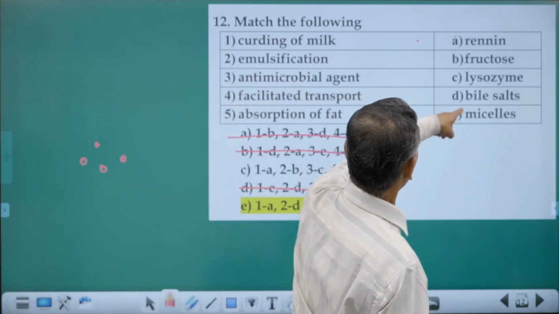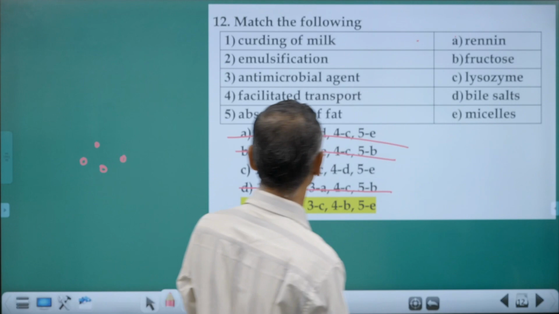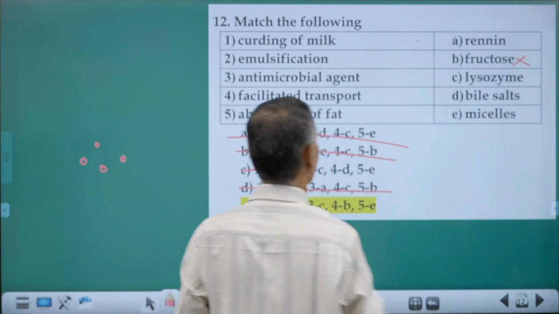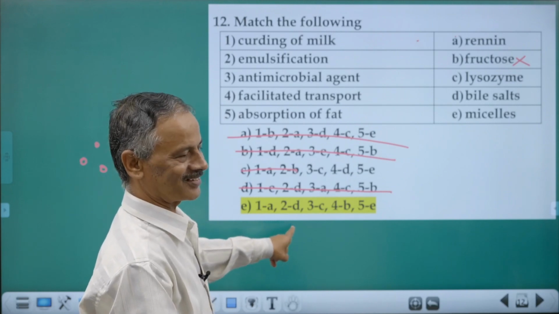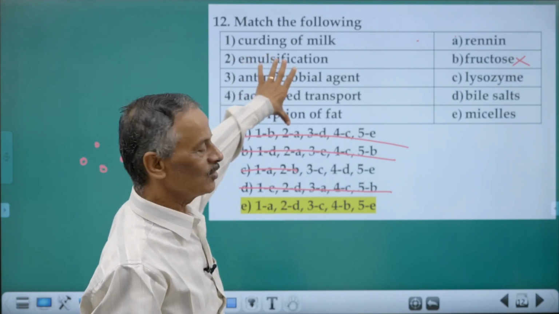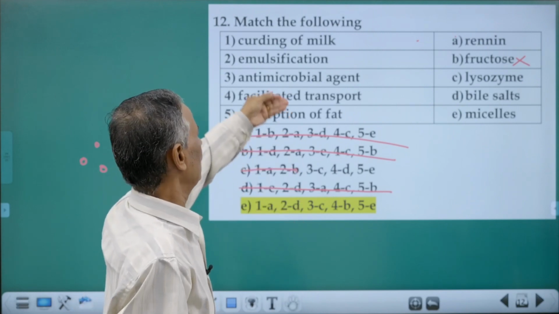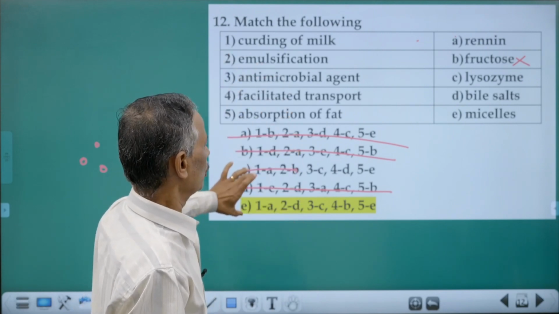So, emulsification, bile salts. Here it is B. It is not fructose. Now, you came to the answer immediately. Though it's a lengthy one, you can come to the answer very quickly if you know this technique